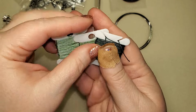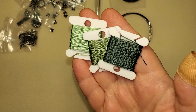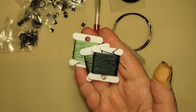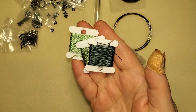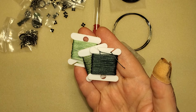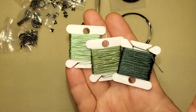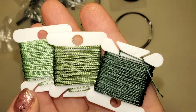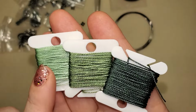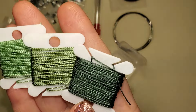I'm so tickled with this. This is amazing. I hope that they put little packs like this. Miss W, if you're watching, if you put little packs like this on the website, I'll buy them all. Especially in this cutie little bobbin container. So you get 3 colors, and you get 4 yards of each color for, I can do math, a total of 12 yards altogether. But yeah, so you have this really light, like light celery-ish green. Then you've got this tiny bit darker, more going to the olive side, and then you have this darker hunter green color,